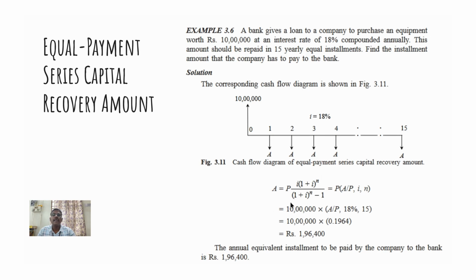and you have to apply all the values into the formula. P is given, i is known, and n is also known. So this 0.1964 we can get from the interest table, right? So the annual recovery amount should be rupees 1,96,400. This is the amount we have to pay to the bank every year, at the completion of every year,